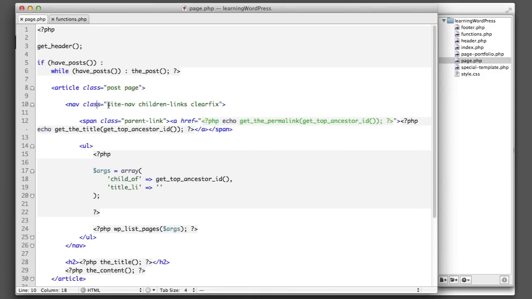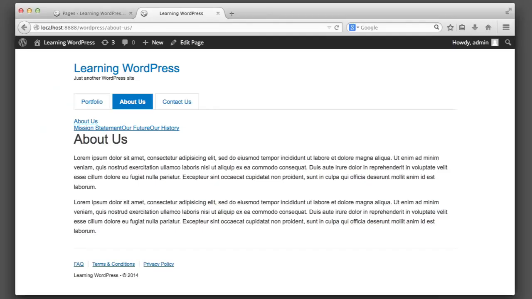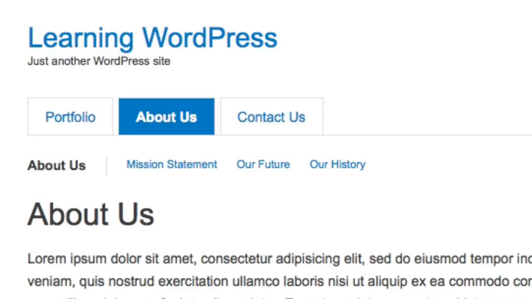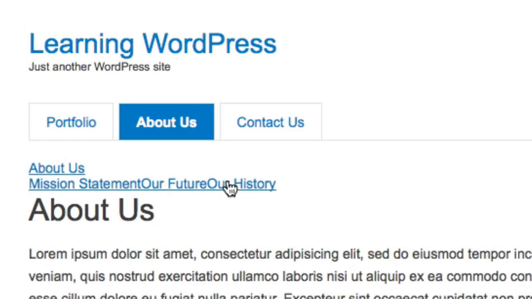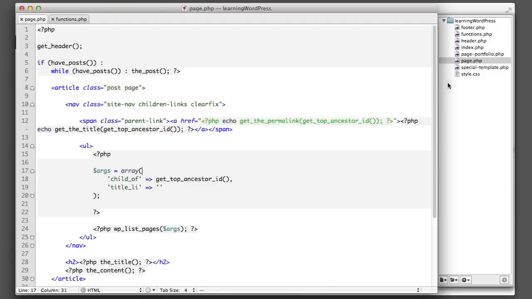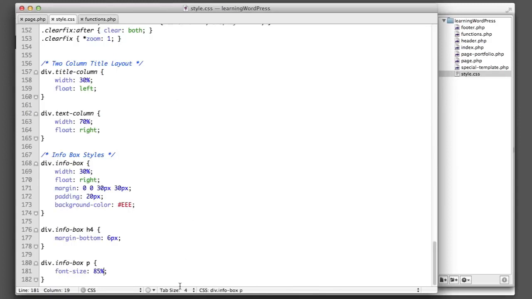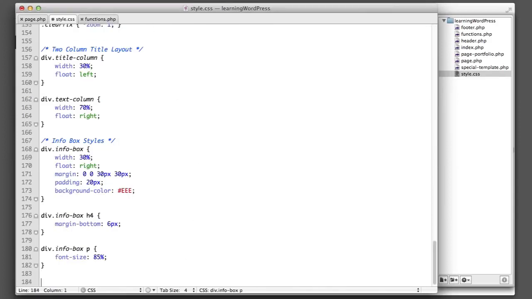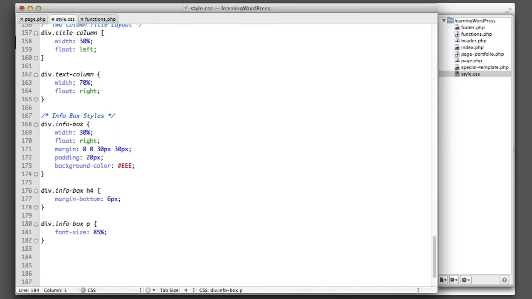Now, in a previous lesson, we created this class, and all it does is remove the bullets and float the list items so that they all sit on a single line. But let's take things a step further and set up the styles that you saw in the very beginning of this video, where the links are spaced out, the About Us sits on the left, and then the current page gets underlined. So let's go ahead and set up all those styles. So let's hop over to our style.css file, scroll to the bottom, and we'll create a new comment,